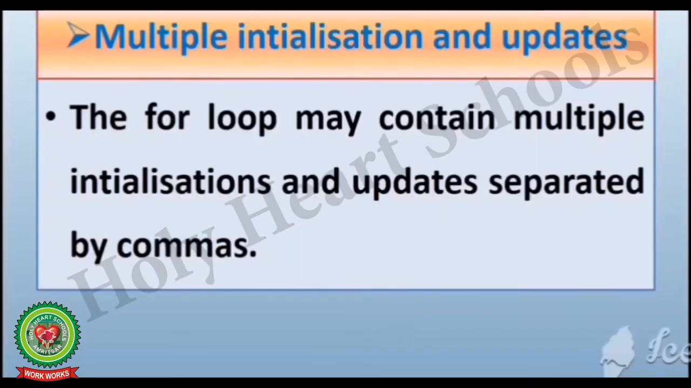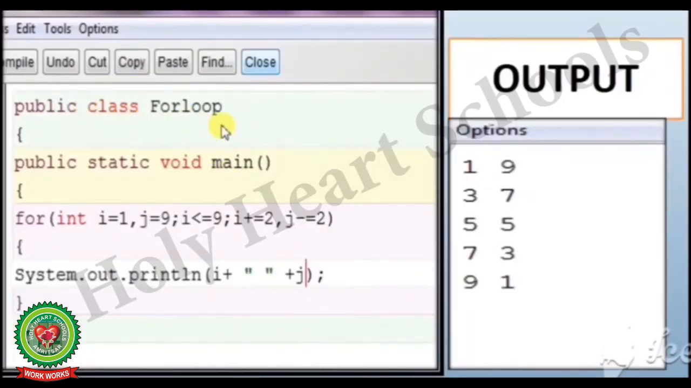The next variation is multiple initialization and updates. The for loop may contain multiple initialization and updates separated by commas. Means we can initialize multiple variables in for loops and they are separated with the help of commas. See the example. public class ForLoop { public static void main() { for (int I = 1, j = 9